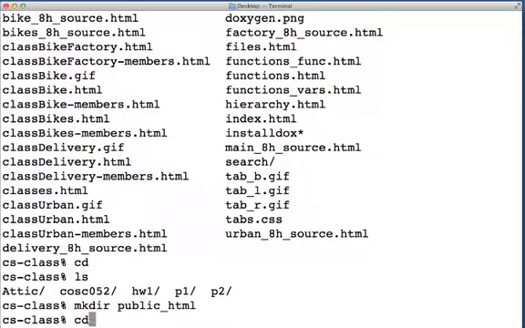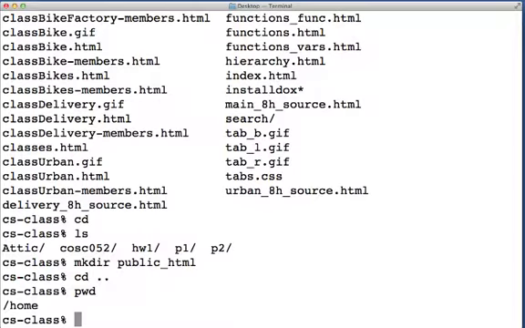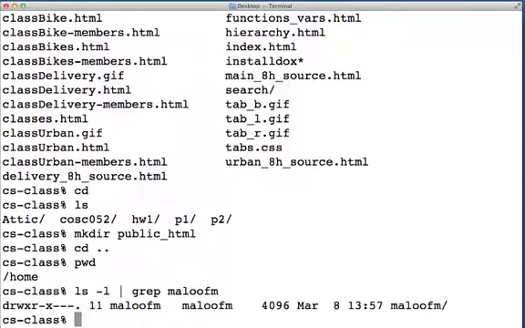So to get to our home directory, we go up one level, up to the parent directory. And if we look at our present working directory, we see that we're in /home. So this is where all the users of the system have their home directories. And there are quite a few in here, so I'm not going to list them all. But if I do a long listing and then use grep to search for my username, then I'll see only